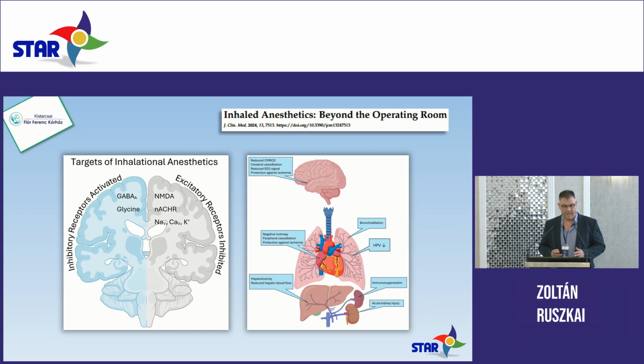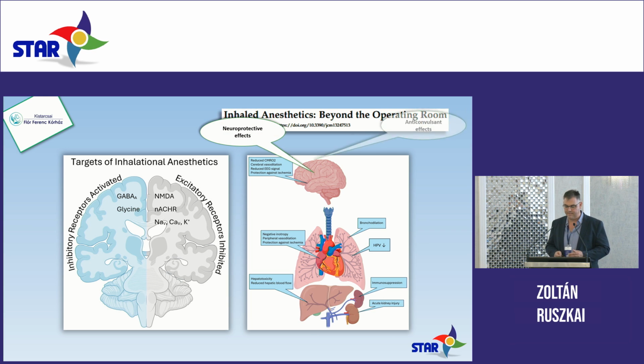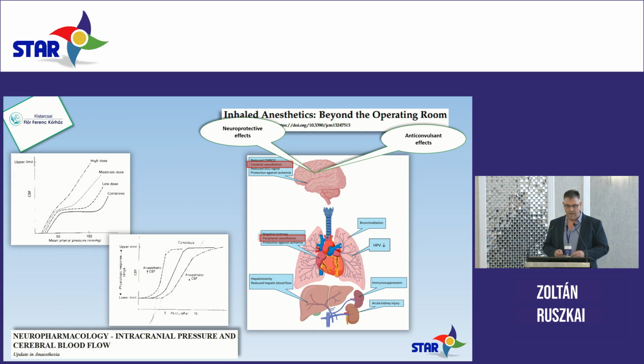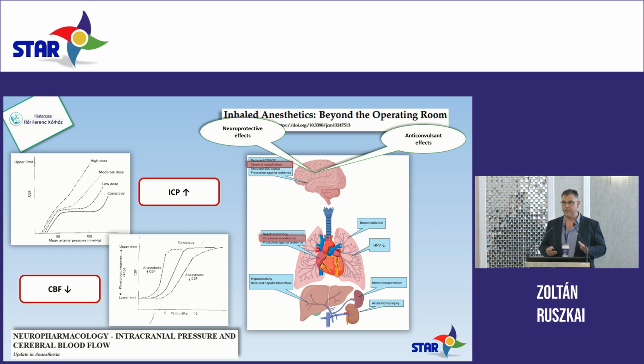The main mechanism of action of these agents is to activate the inhibitory and deactivate or inhibit the excitatory pathways in the brain. So they have some neuroprotective effects, and some potent anticonvulsant effects also. However, due to cerebral and peripheral vasodilatation, in a dose-dependent manner, they can reduce cerebral blood flow extremely, or they can elevate the intracranial pressure. So we have to think about these side effects if we use it with